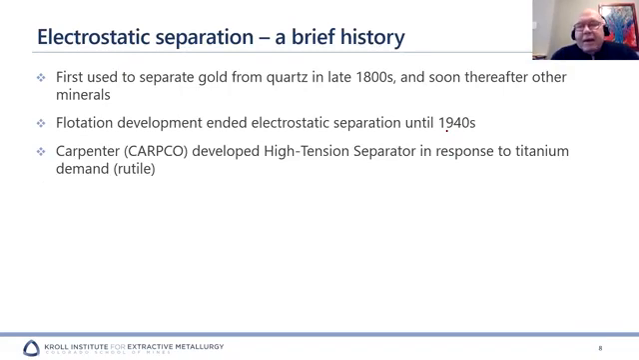So historically, in the 1800s, we used electrostatic separation on gold, but then flotation came along, really in 1910, sort of in that era, and so the application of electrostatic separation really faded into the background until it was probably a little more than a laboratory curiosity, but really until Carpenter and his company Carpco in Jacksonville, Florida, during World War II, came up with the high tension separator because of trying to get titanium, primarily from rutile beach sand deposits outside of Jacksonville, Florida,